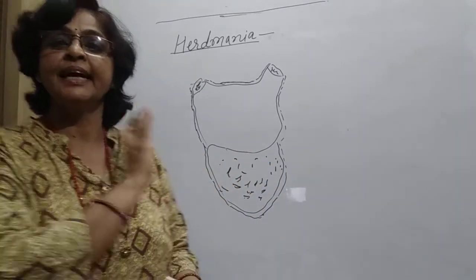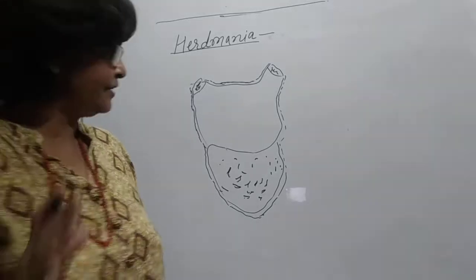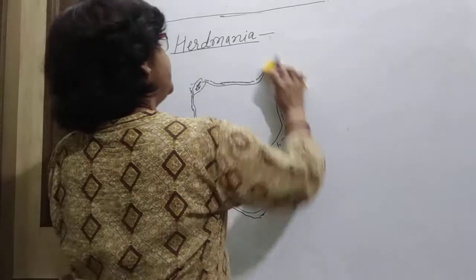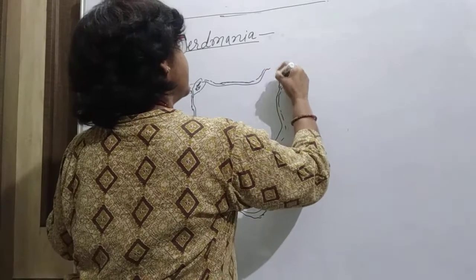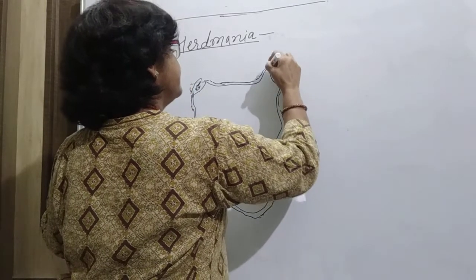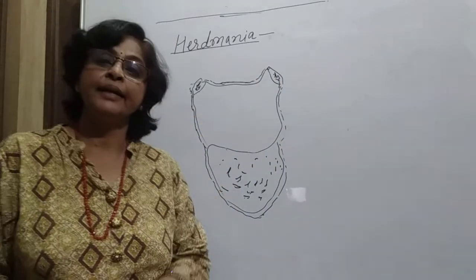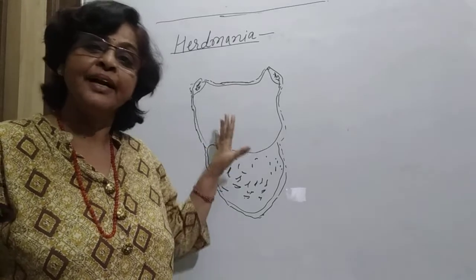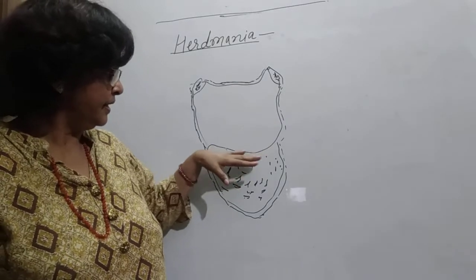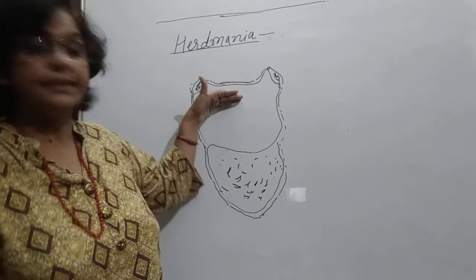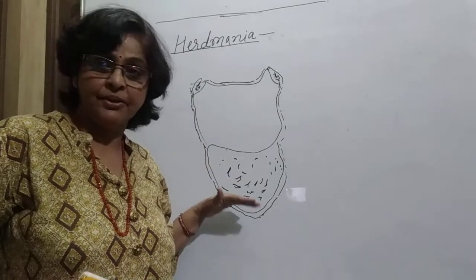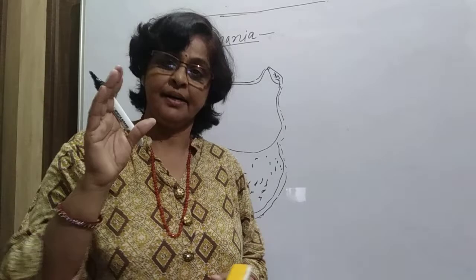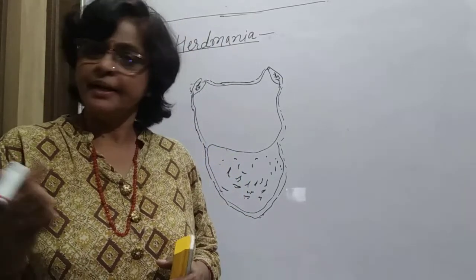So you can see a rough diagram of the animal, and you can see the two apertures here. The body is rectangular and demarcated, and you can see the two parts, the upper distal part and the lower proximal base part. We will do that later. First I want to discuss the habitat.